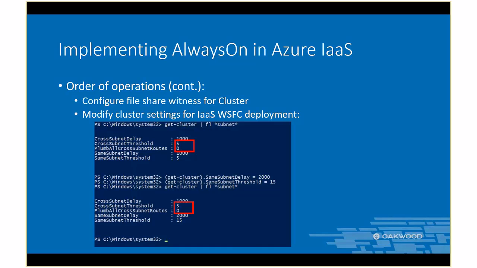Next thing you'll want to do is configure a file share witness for the cluster. So right now you can't really use a disk witness. That is actually something in Windows Server 2016, I actually wasn't aware of this until the other day. You'll be able to specify an Azure, I want to say it's an Azure file table, as a disk witness, and you'll be able to use that for quorum on your failover clusters, which is kind of cool because